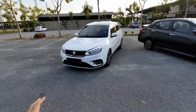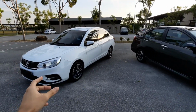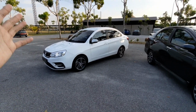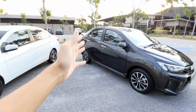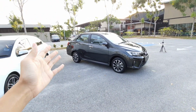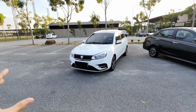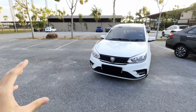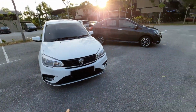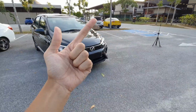Also, the features offered in the Saga are rather complete, putting aside the active safety features which are not present in the Saga. And the price is relatively cheap for the Proton Saga Premium compared to the Perodua Bezza, which sells at 54,000 ringgit Malaysia, which you can consider a B segment Myvi 1.3 liter G or the Premium X. So Proton Saga, if you like driving and you enjoy the stability of the car, you can consider the Saga. And moving to the Bezza, if you are someone who just drives around town and you need to fetch a lot of stuff daily,